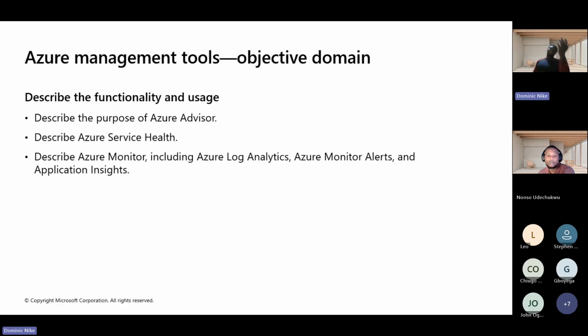We are going to also describe Azure Monitor, including Azure Log Analytics, and how to analyze different resources in the cloud. We are going to also talk about Azure Monitor alerts, which I used to use a lot, because I remember my last project, my last task I did for my company. I was outsourced to a different company, I guess a US company. So